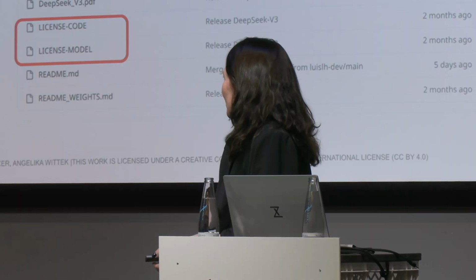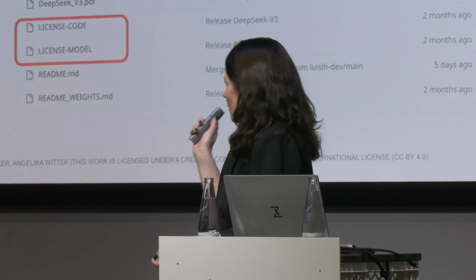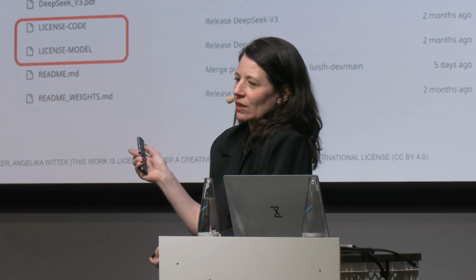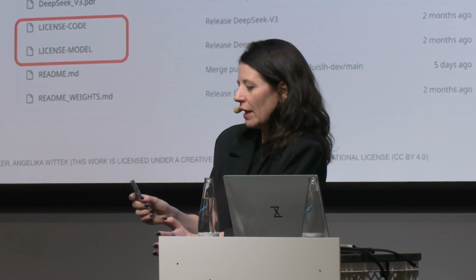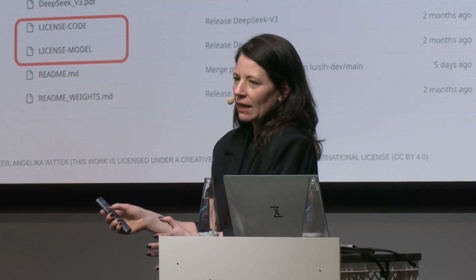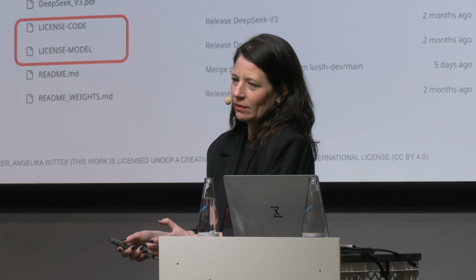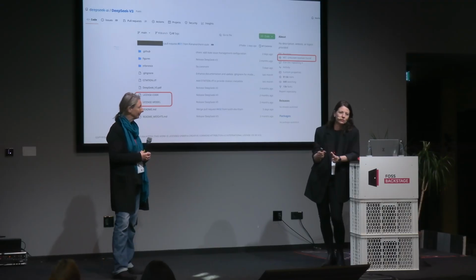Coming to it, if you see that in a repository for an AI model, make sure that you actually read both licenses, because I've seen some of these licensing schemes where you have a code license that's copylefted, that's a GPL or so, and you have a model license that covers code as well. So you always have to check carefully which license applies to which code and what the code is actually doing, to avoid copyleft effects.